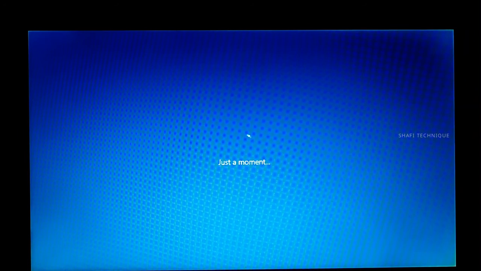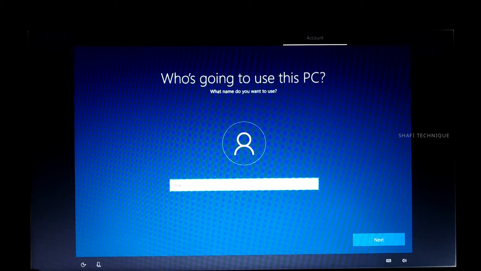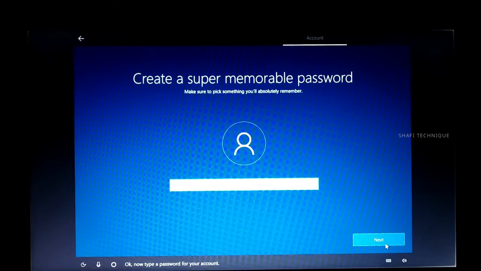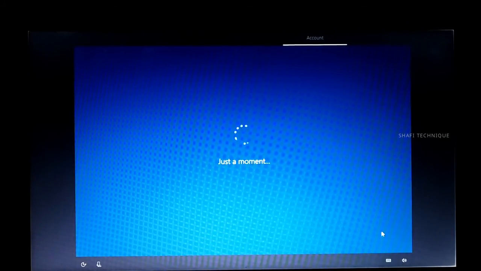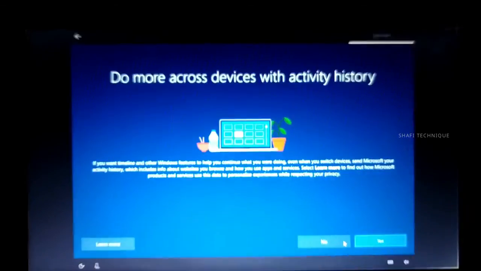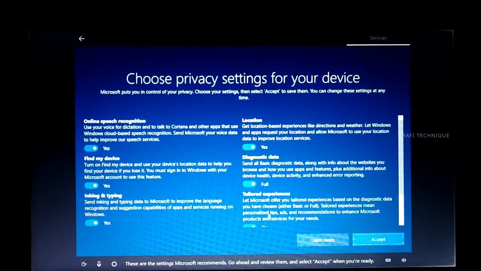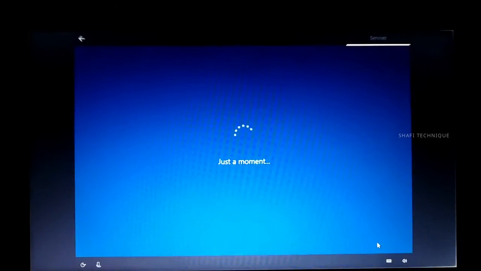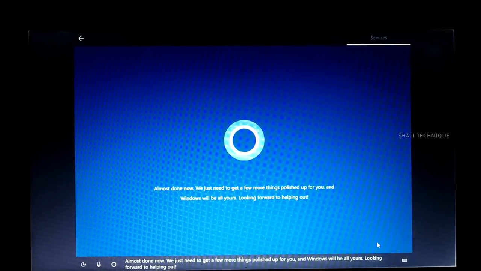Now again we need to wait for some time. Now type your name and click on next. If you want, you can set password, or to skip, just click on next. Now check carefully and allow whichever permissions or settings you want. Now for the last time, we need to wait for some time.